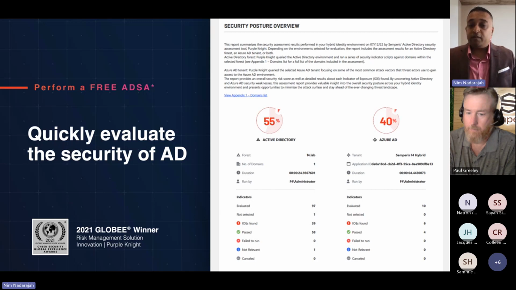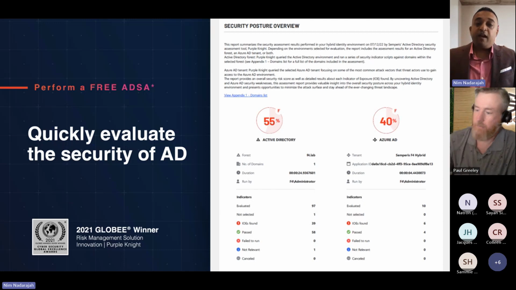But what I do urge you to do is take us up on this free offer, because we're going to do all the work. You're going to get the report, and then you can make an informed decision on where you need to go before a crisis happens. What bugs me is when I get the phone call after something bad has happened. Hey, we're dealing with this crisis. Can you please help us run the assessment? Can you fix the train while it's moving? Absolutely, but we wish we didn't have to meet you in a crisis situation. No, that's true. What are your thoughts, Paul?